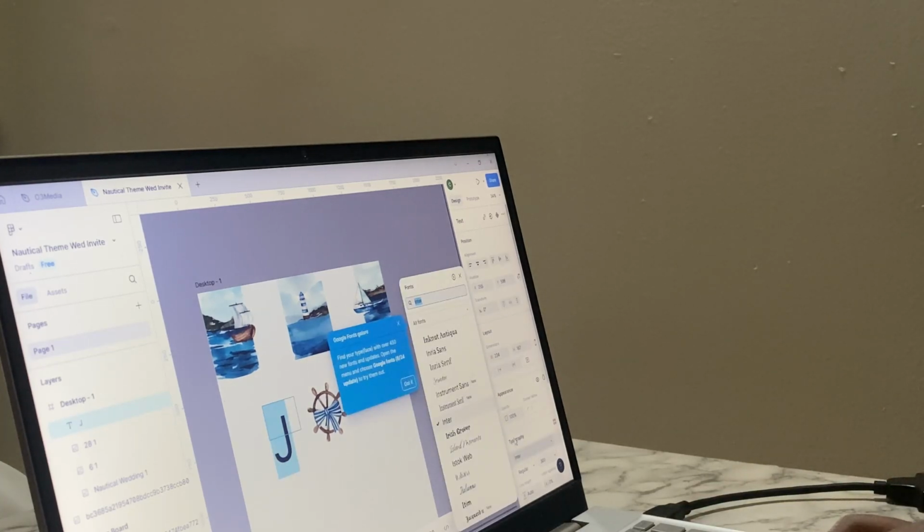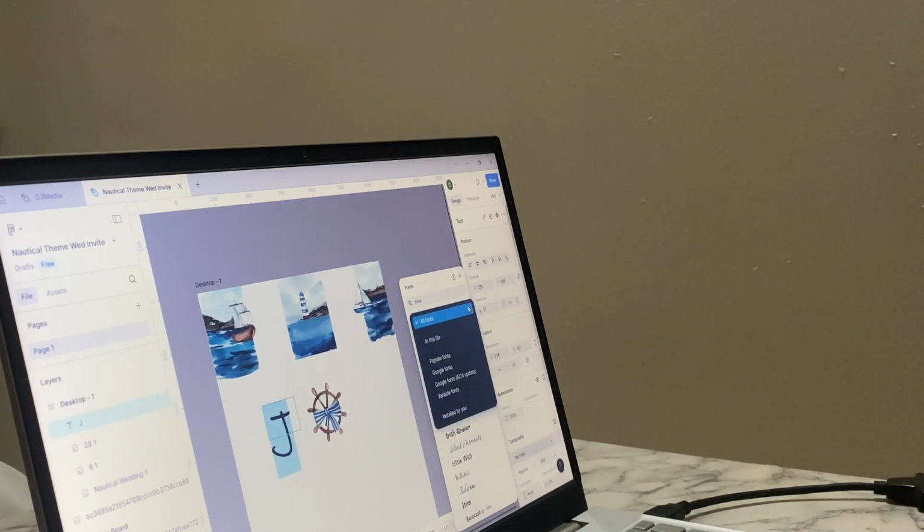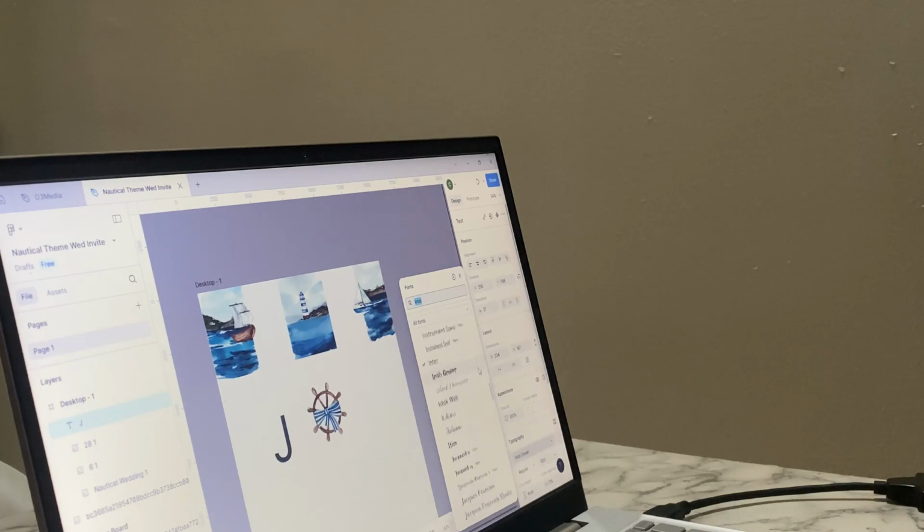For this part, I transferred the background that I made on Canva to Figma, so I can do more adjustments. I had the idea of joining the letters of the first names of the persons and adding the helm in between. And if you don't know, the helm is the steering wheel of the ship, right? That was the idea in mind, but I was just trying to stick with it because I was saying probably there's a light at the end of the tunnel.